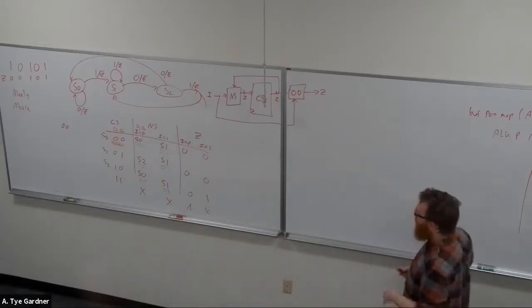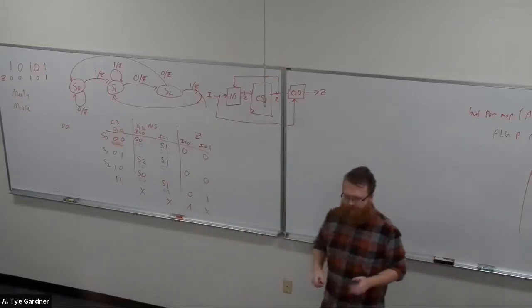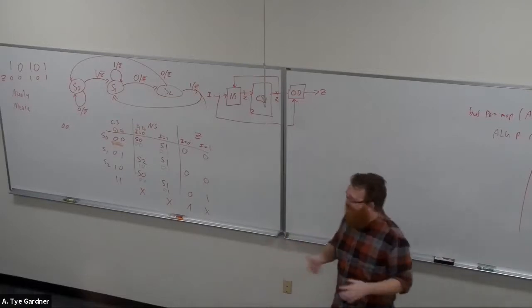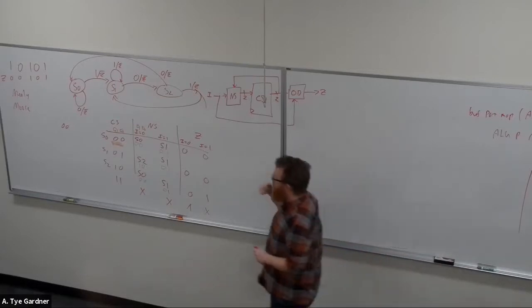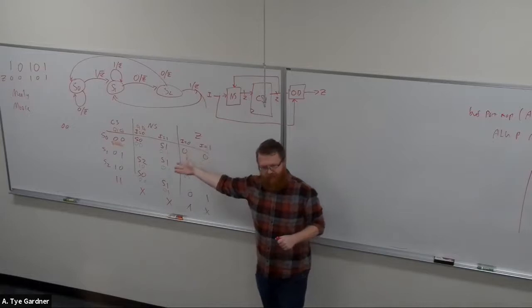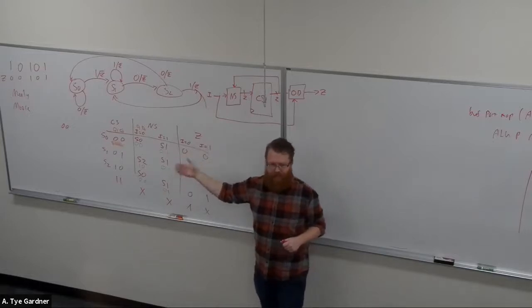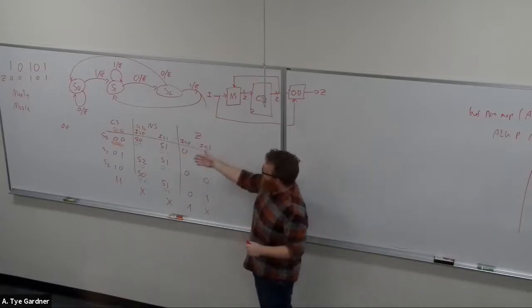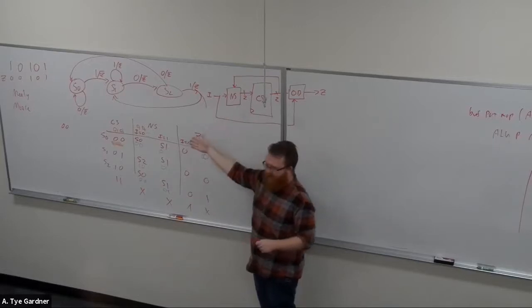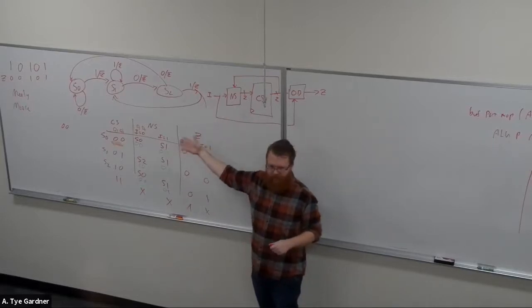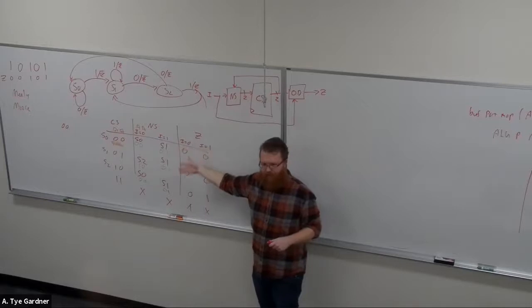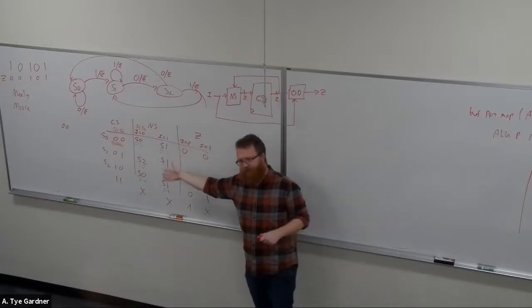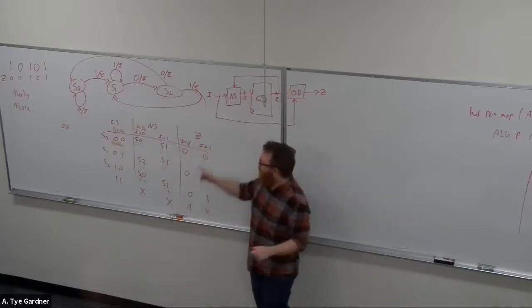Okay, now we need to do K-maps, right? This is why I like these examples, because you need to understand everything about this class to be successful at designing a state machine, because you need to understand the flip-flop, input, output. You have to be able to do K-maps. You have to understand that each output has its own combinational circuit, which means 2 or 3 or 4 K-maps, depending on how many bits you have